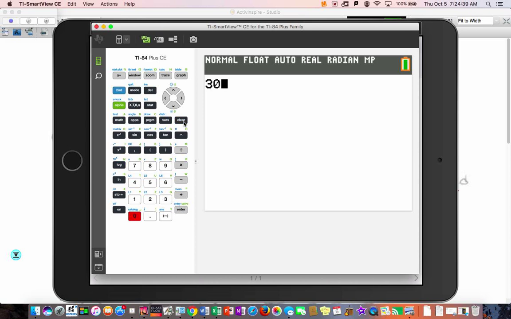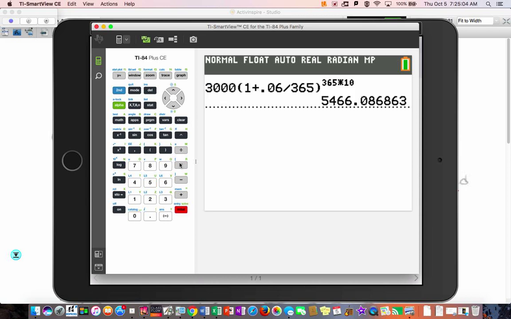So it's 3,000, and you can put a parentheses in, and you can say 1 plus 0.06 divide by the 365, and we close that, and now I'm going to raise it. My calculator goes into the exponent position, so I can just type in 365 times 10. And when I hit enter, it's money. So let's go ahead and round it properly. So that would be 5,466